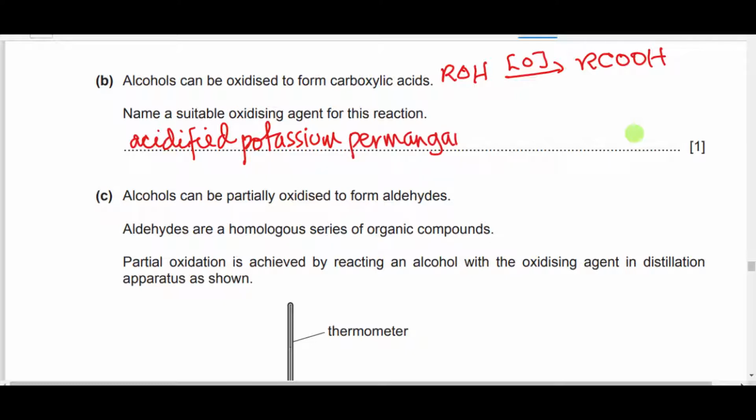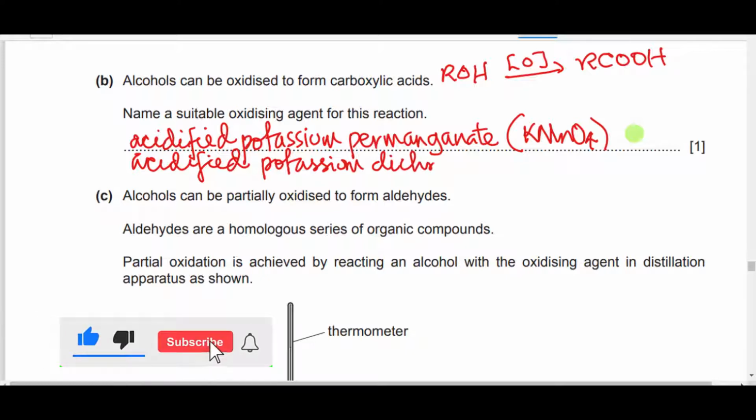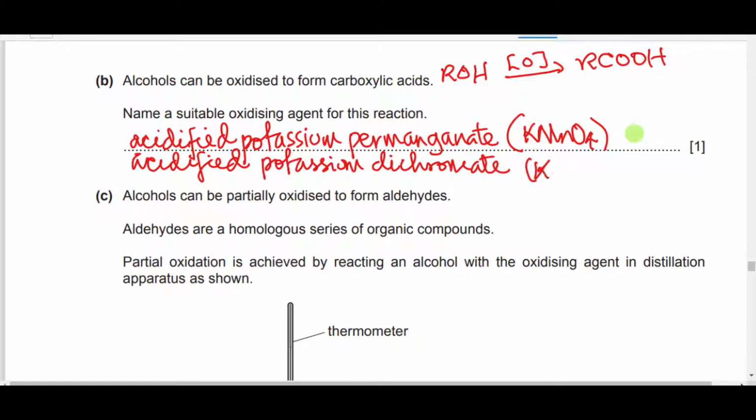Since we're asked to name, that's what? Acidified KMnO4, or acidified potassium dichromate, right? That's K2Cr2O7. Fine. Now these two, depending on their concentration in the reaction, can oxidize the alcohol straight to